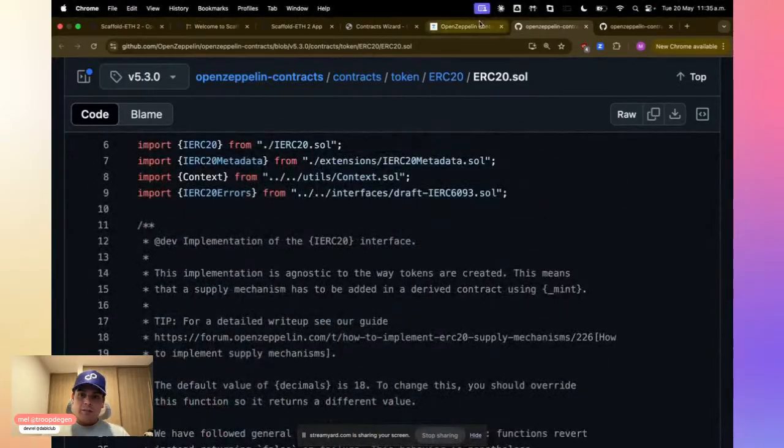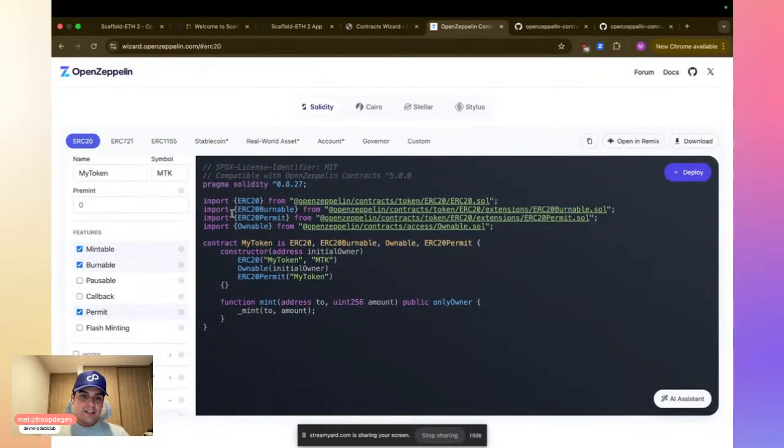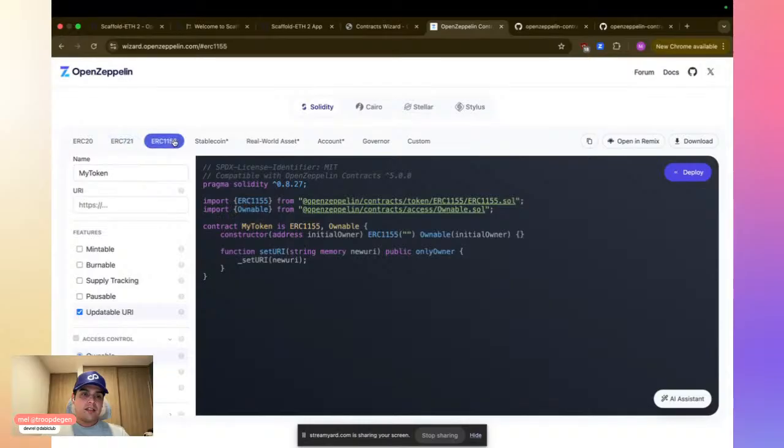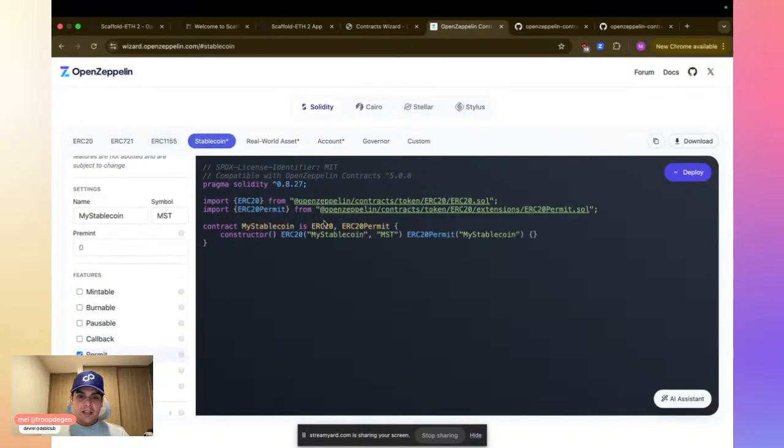And only by importing the ERC-20 token and saying that my contract is an ERC-20 token, inheriting that functionality, this is a fully fledged working ERC-20 token. Same for ERC-721s and ERC-1155. This stablecoin is also an ERC-20, so there's no big deal.